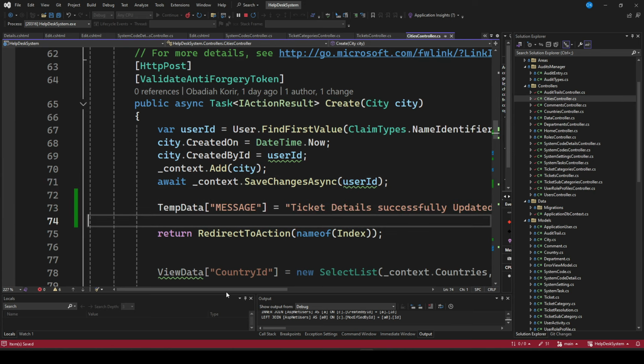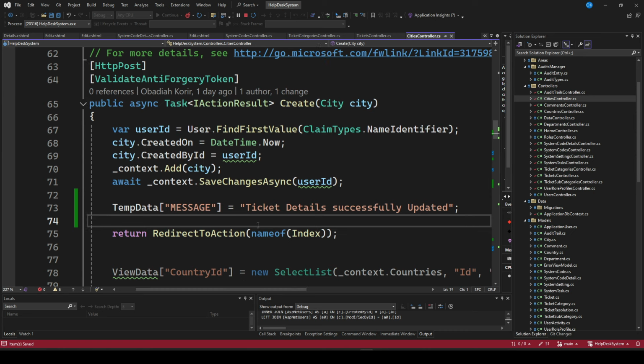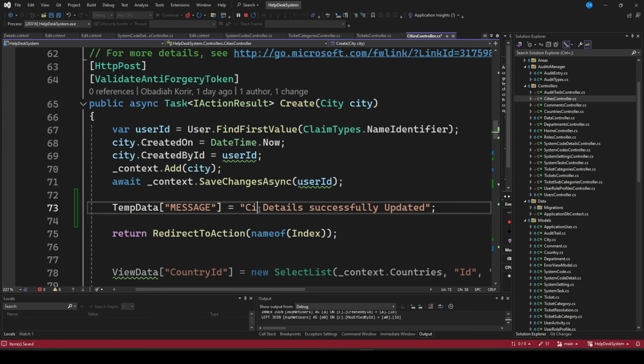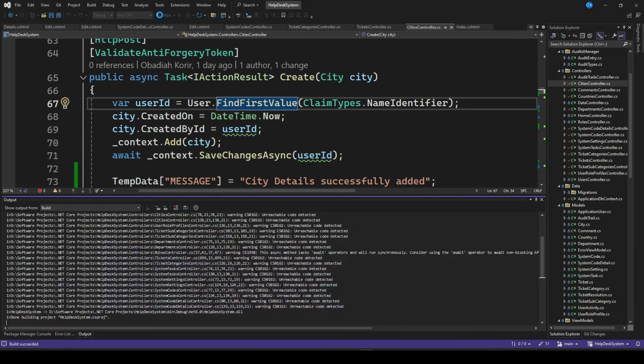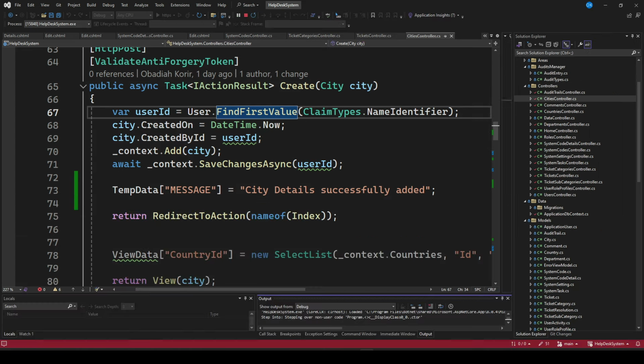and I can say city details successfully added. So if we try now and launch and try to create a new city, you should now be able to get messages. And it's good for even applications. Whenever something is happening, you should also alert users and give them alerts to ensure that they are able to see what has happened and what has been done by the application,